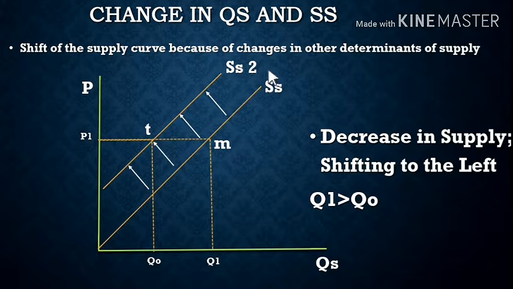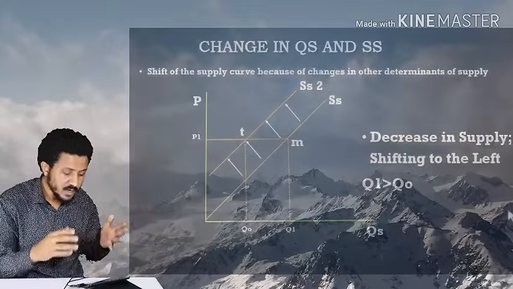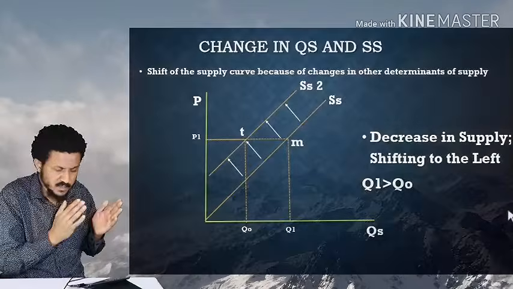SS2 ሲሄድ we call it decrease in supply ወይንም በሌላ ወርድ shifting to the left. አዲስ ያገኘነው q0 is less than the q1, so q1 the original one is greater than the q0 that we have found because of SS2 ማለት ነው. ስለዚህ this is a scenario now. I think ታዲያ ይሄንን ሰፕላይ ከርቭን